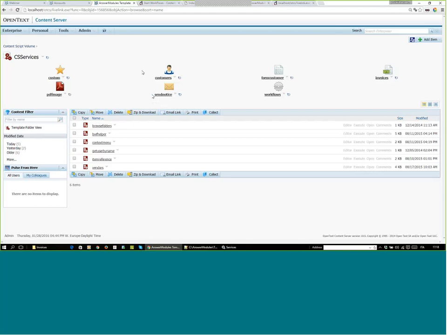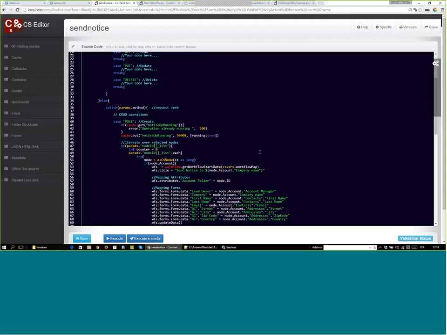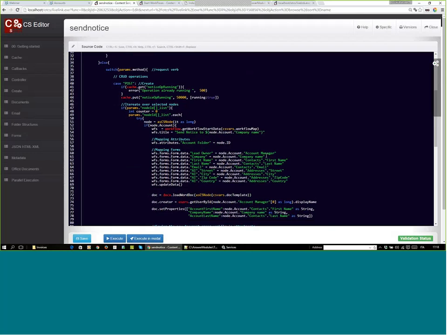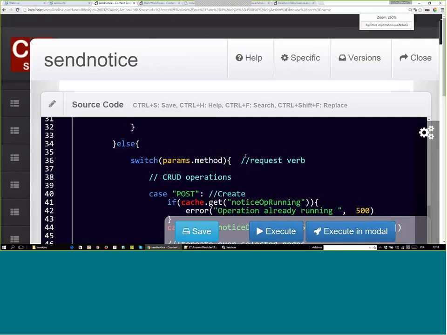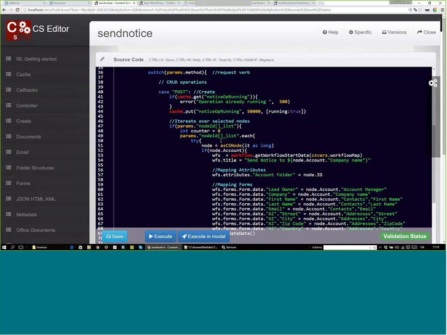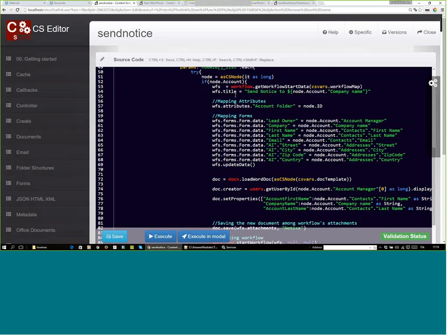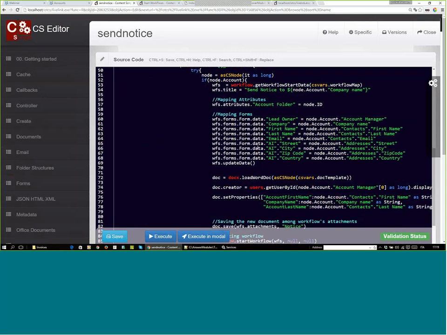As you can see, it's just a content script object inside the CS services folder. And what this endpoint is going to do is, for each node that I'm going to select, the system is going to grab information for a new workflow and prefill some information of the workflow. So for example, setting the title, setting some attributes to the node ID, setting some form data information,